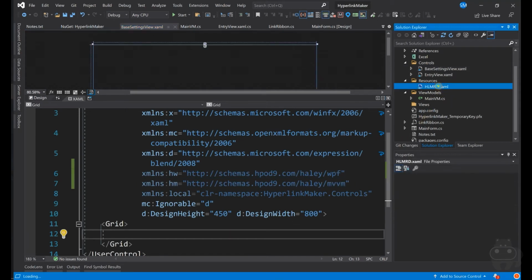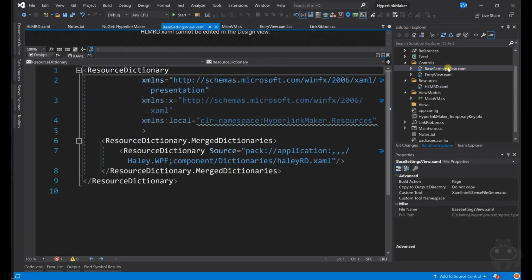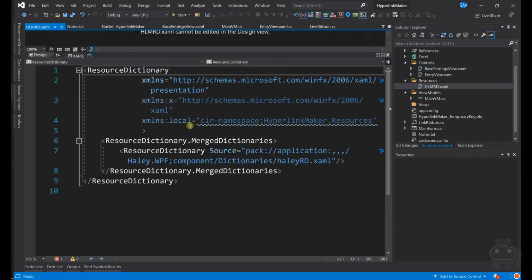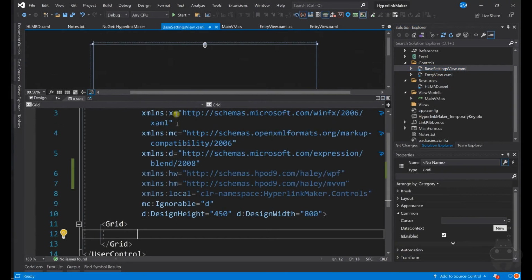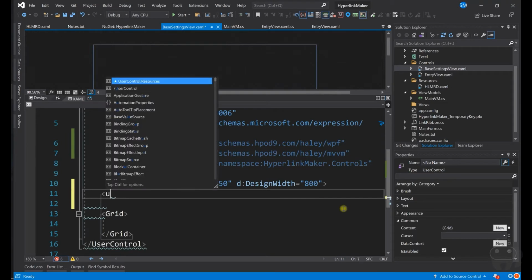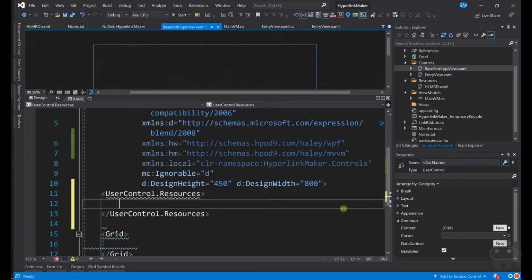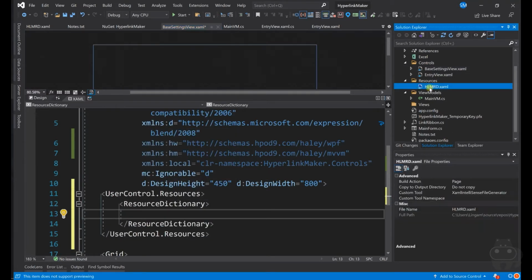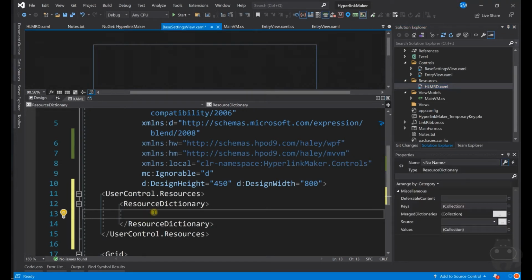And one more thing is, this is how you add a resource dictionary as well. Now, how do you bring this resource dictionary, whatever you have added here, into your control? It's very simple. You need to give the reference where the resource dictionary is. So user control dot resources and resource dictionary. Now again you need to bind this resource dictionary. So resource dictionary source is equal to, we are going to use something called pack URI. In case you don't know about pack URI, you can just search Microsoft websites to learn from the articles.